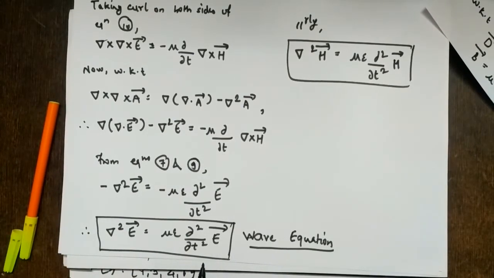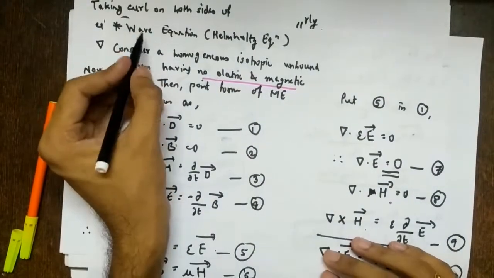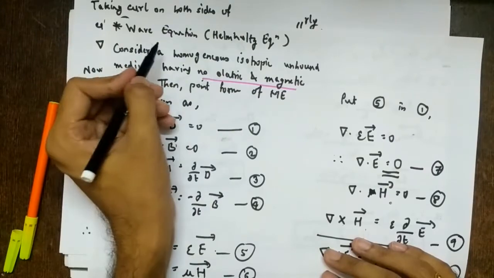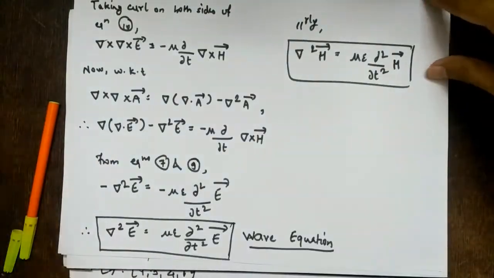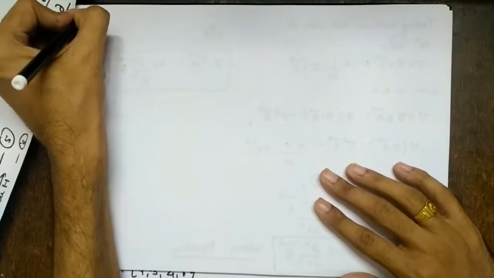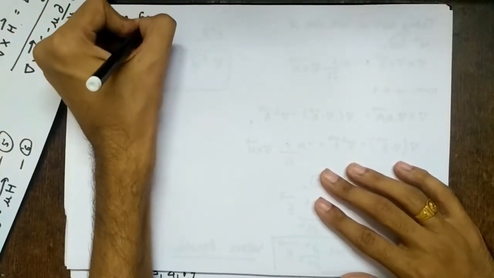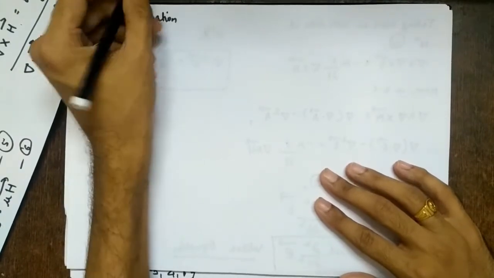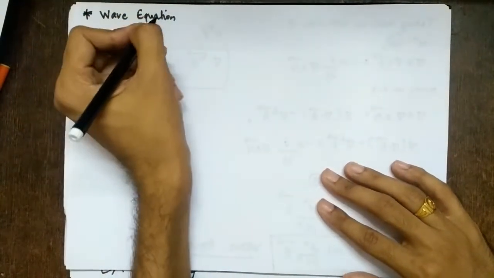Usually they don't ask in the question in this way, derive wave equation or Helmholtz equation. They ask to derive the wave equation in terms of harmonic fields. So this is obviously required, and I'll tell you how to write it in terms of harmonic fields. Some students may be concerned, sir, why is it called the wave equation? Where did the wave come from, sir? That we'll see after this topic, today only.